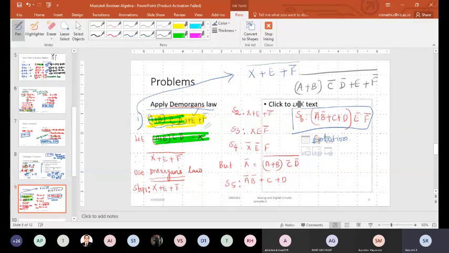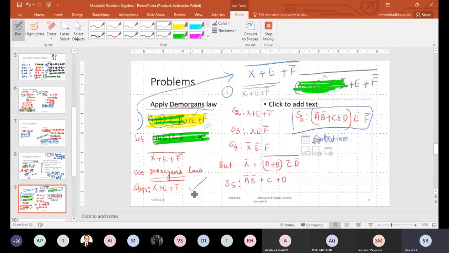So as a first step, we have assigned this A plus B C bar D bar to X. So the resultant is X plus E plus F bar, the whole bar. This is the resultant. Okay, and after this, what will be the first step? The first step is to complement the entire function. So X plus E plus F bar, the whole bar, double bar.